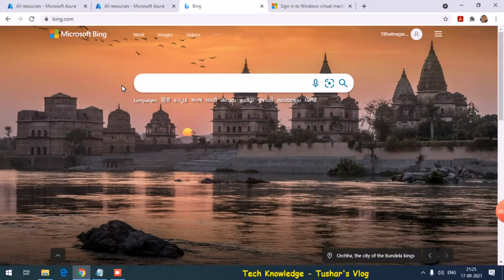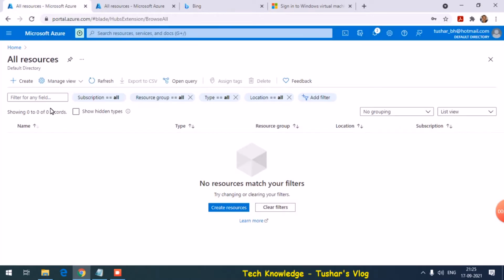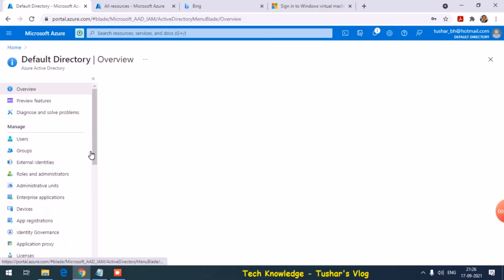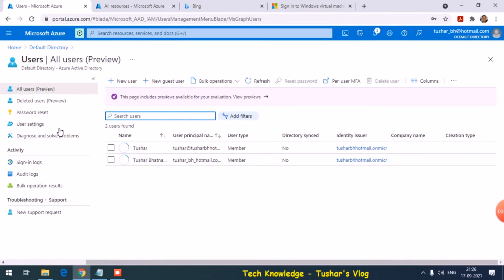Hello everyone. Today I am going to show you how to log into Azure VM with Azure AD credentials. And I'm not going to use any on-premise AD or use AD Connect or AD Syncs or install any Active Directory on Azure VM. I'm going to use the Active Directory credentials available in Azure AD here. So let's begin. Let's create the VM first.